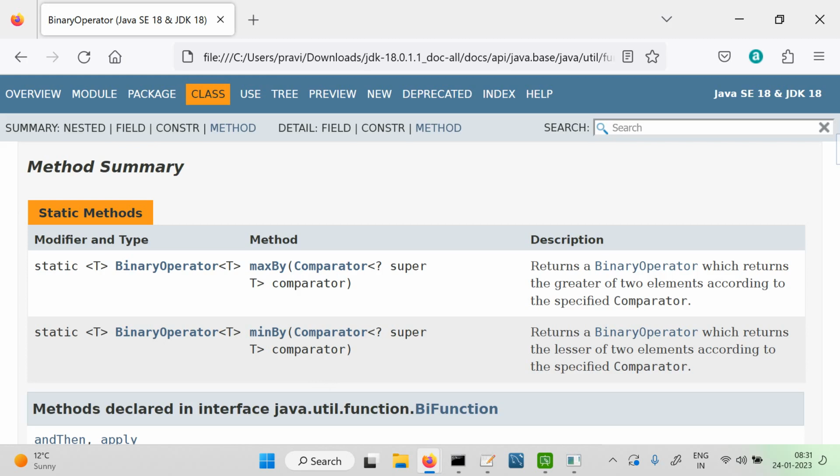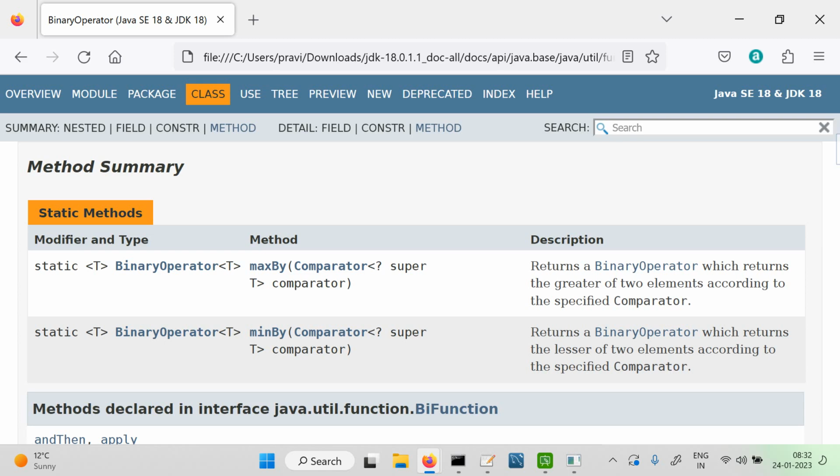Now BinaryOperator would have an interesting static method here. Recollect the Math class has a method called min and max. Static methods. Min, what does it do? Two integers gives you the minimum. Max gives you the maximum of two integers. It was in Math or it was in the Integer class, I'm not sure. But anyway, the same way,